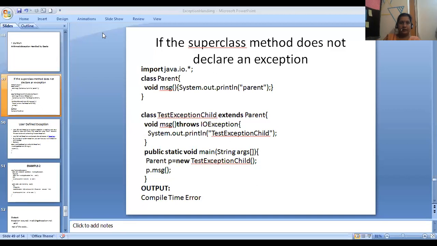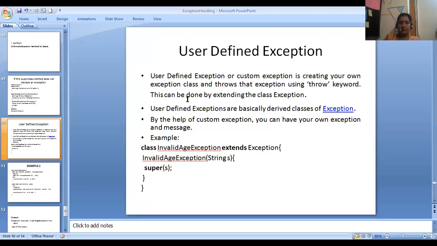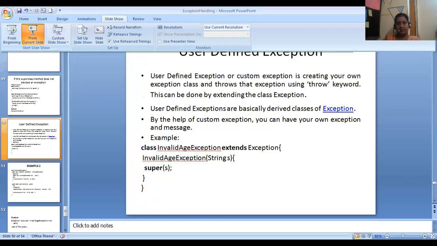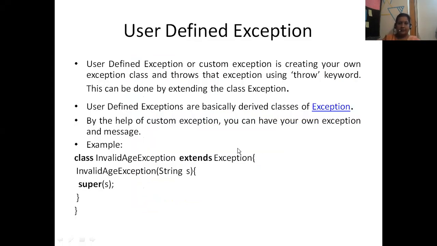So, last class we discussed completely about built-in exception handling. Now we will discuss user-defined exceptions. What is meant by a user-defined exception? Normally file not found exception, array index out of bound exception, null pointer exception, and divide by zero exceptions are built-in exceptions. As a Java programmer, I feel that some things depend upon my code, so I have to create my own exception. Those exceptions are called user-defined exceptions.